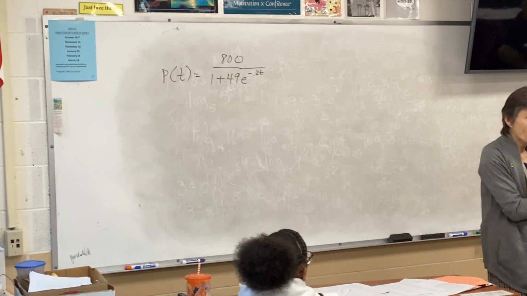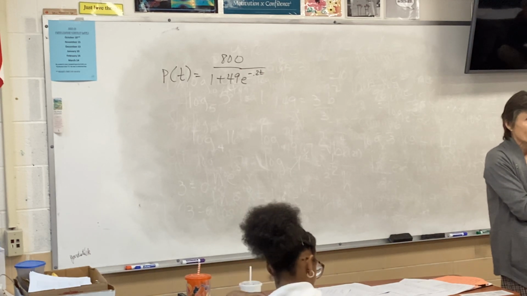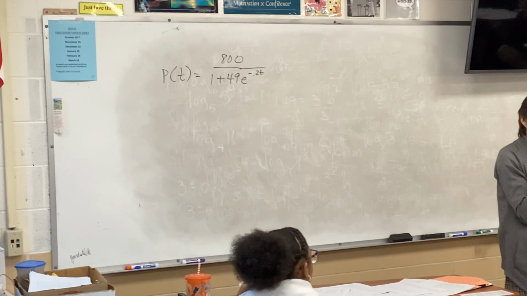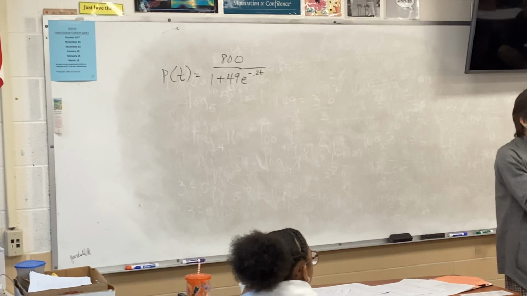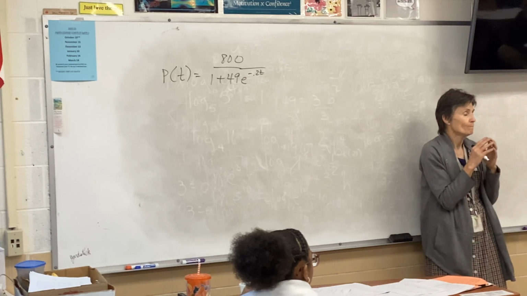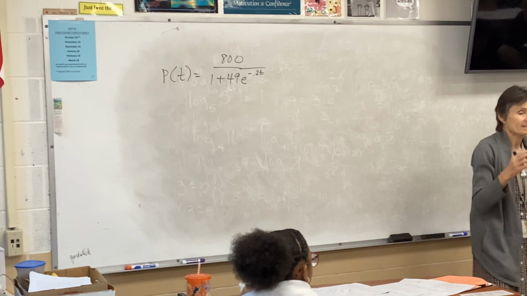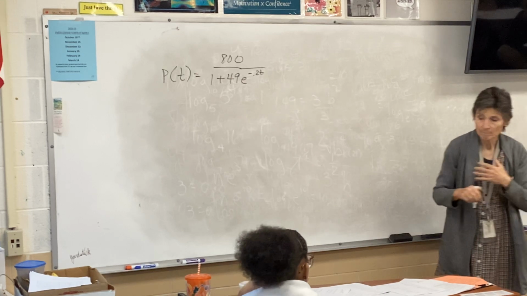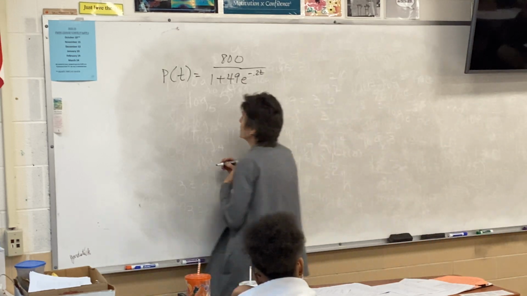But you can figure it out because if we're talking about the very beginning, what are we going to let T be? What is the time? At the very beginning, the time is 0. So to find your initial value, you let, I always say X be 0. In this case, it's T be 0. We're going to let T be 0. So when we plug in 0,